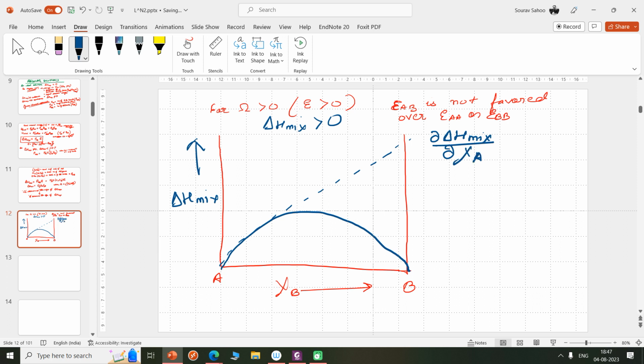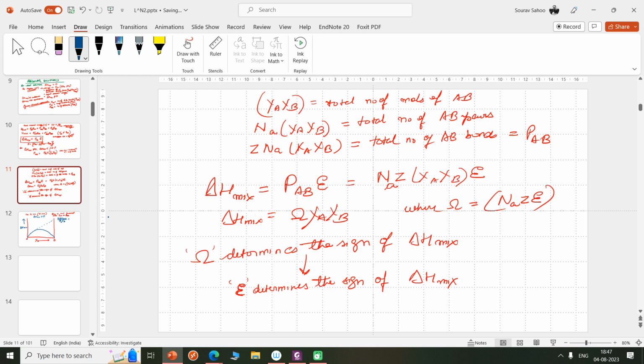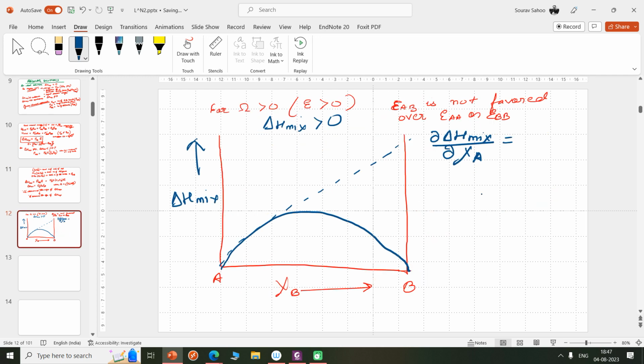So A is the solute in the solution, AB, and if I just see, I get this. So just remember what the formula was. The formula was this, right? So I can write this as dou H mix over dou of A, times omega chi A chi B. And since we are considering a two component system, chi A plus chi B is equal to 1. Therefore, chi B is nothing but the unitary complement of chi A. And if I just differentiate it,